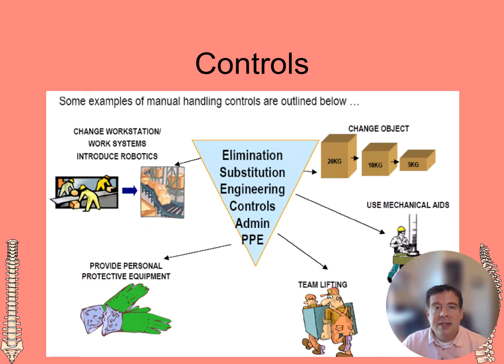Administration, think of that as the people. So instead of a 1 person lift, you could do a 2 person lift. And finally, PPE, this is a last resort. With material handling, wearing gloves could give you more friction, it can protect those hands. But it could do the opposite. So a lot of times these PPEs actually can compromise material handling. So it depends.